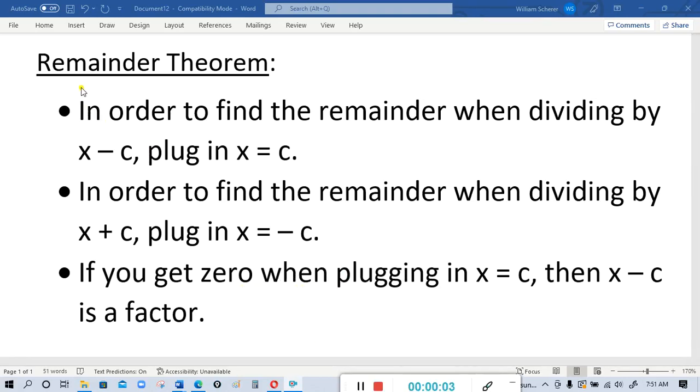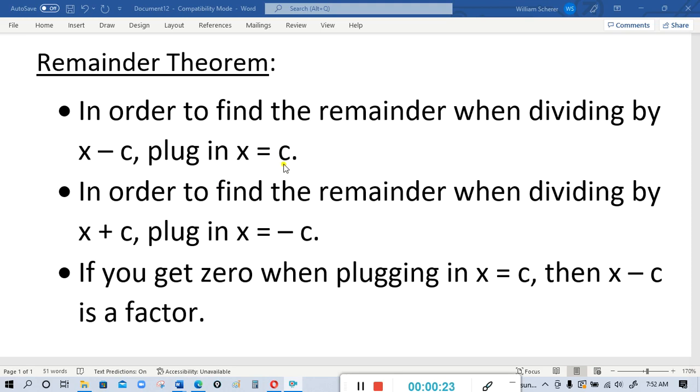This will be some notes for the remainder theorem. I will post these notes and you'll have a better understanding of what these mean in a moment. We'll do a couple of examples. Okay, but for now, in order to find the remainder when dividing by x minus c, you plug in x